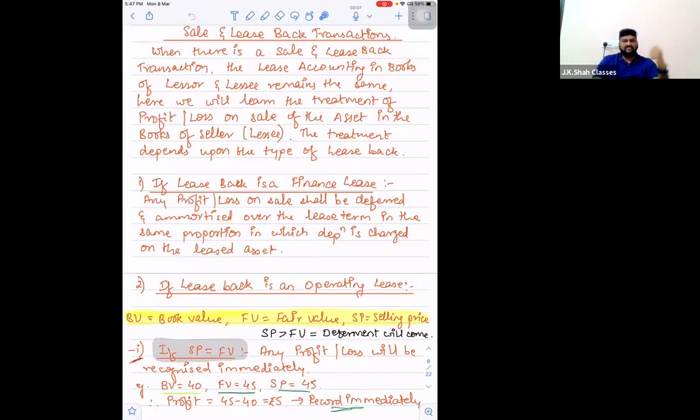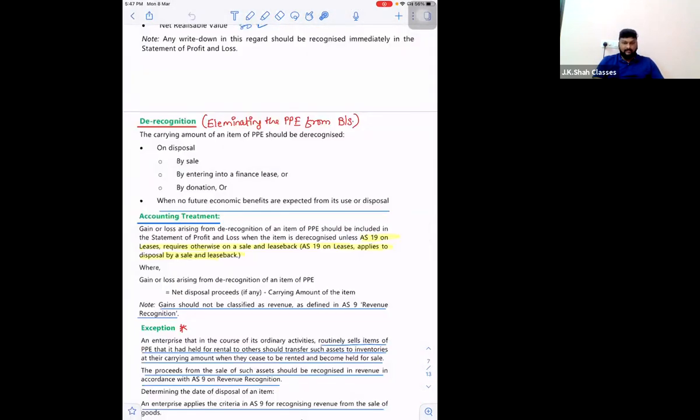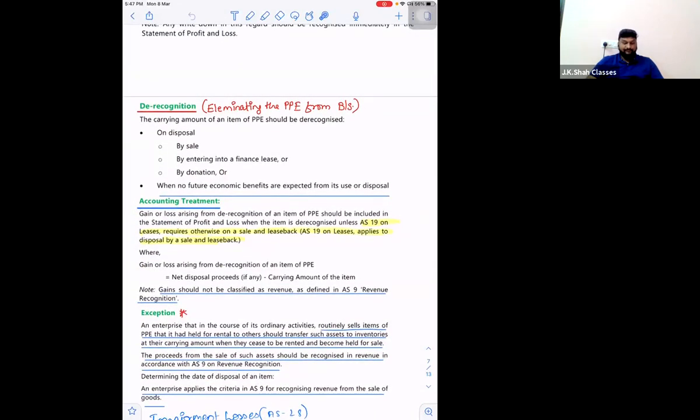So what are we discussing here? Sir, we are discussing the first stage, the first part of the transaction, that is sale. So when the asset is sold, can I say there will be a profit or a loss on sale? Yes or no? So we are here to discuss what should be the treatment of profit or loss on the sale. Because I don't know if you remember this or not, when we were doing AS10, property, plant and equipment, I'm opening the AS10 slide. When we saw the derecognition of asset,